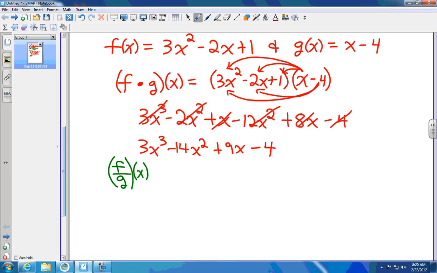A little louder. F goes on top. So 3x squared minus 2x plus 1 over x minus 4. And even if you tried, I don't think you could simplify that one down anymore. But later in the chapter and in the next chapter, we'll be factoring this top to get it down to the 2 factors,